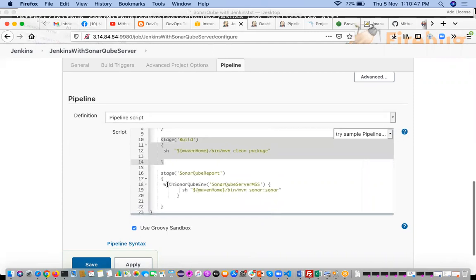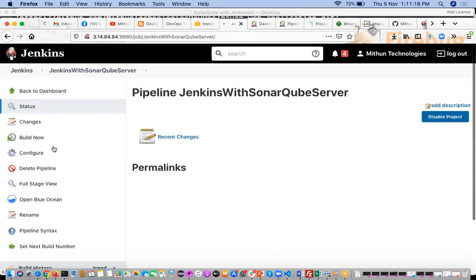If you see here, withSonarQubeEnv is one function, and whatever name you gave when configuring the SonarQube server, this is the name I have given, SonarQube server MSS. And this is the goal name, sonar:sonar, plugin name and goal name. Click on save, and you can trigger this job.